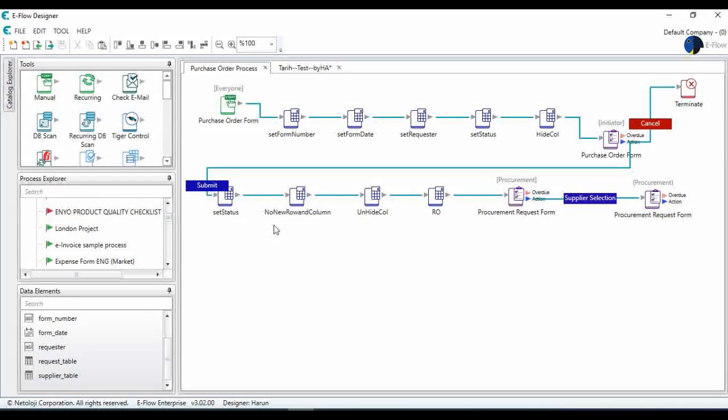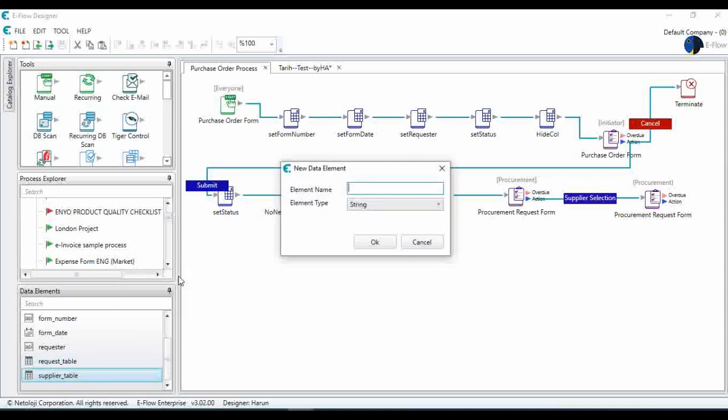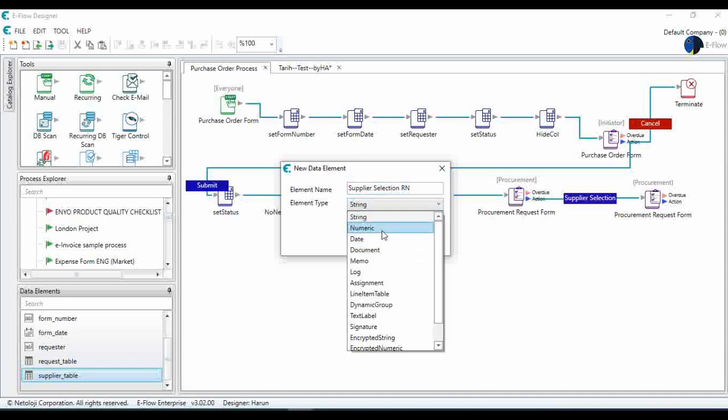I have to calculate how many supplier has been selected and how many procurement request has been done. So let's just make a data element and let's name it supplier selection row number, and it will be numeric,